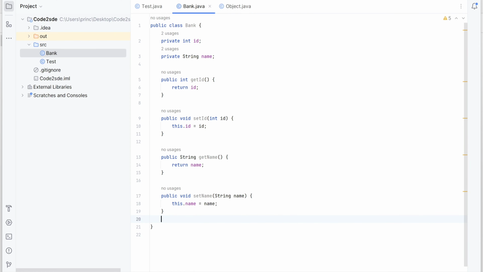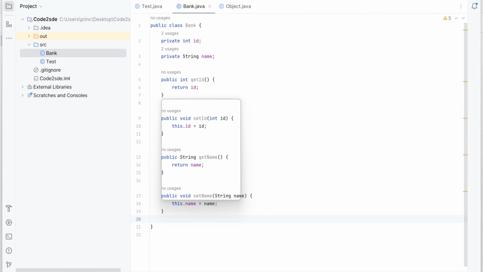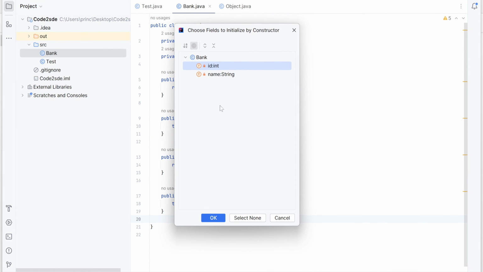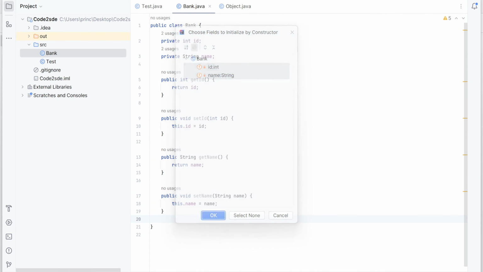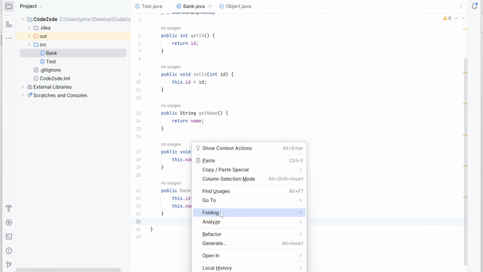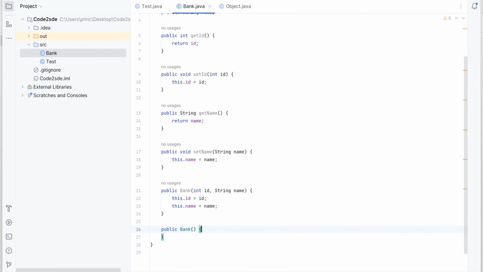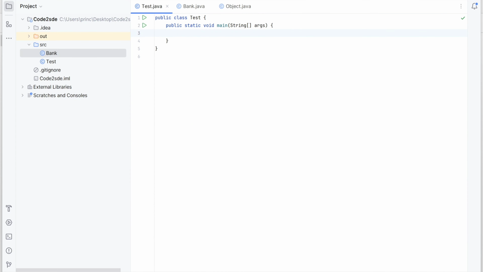Now I will also generate parameterized and non-parameterized constructors. Right click, generate constructor, I will select both. I will also generate the non-parameterized one. Right click, generate constructor, select none. Now let's come to the test class.